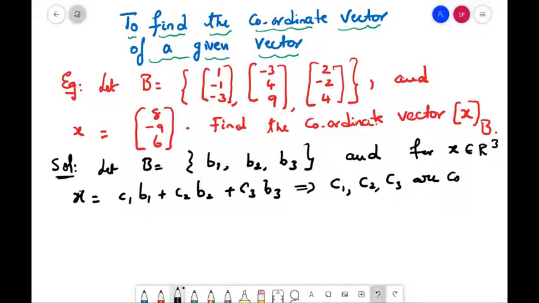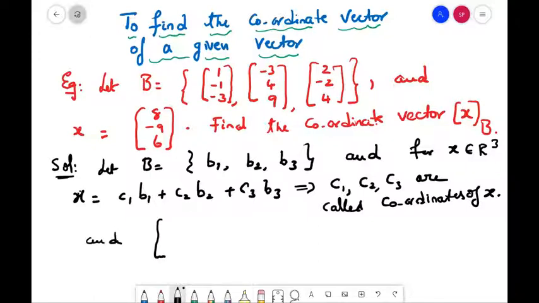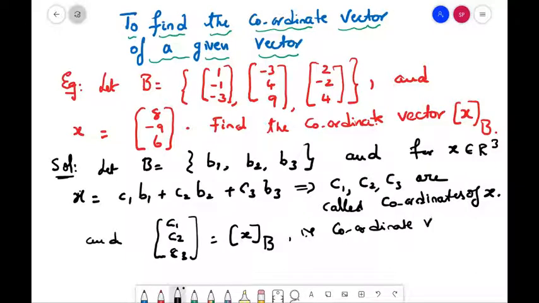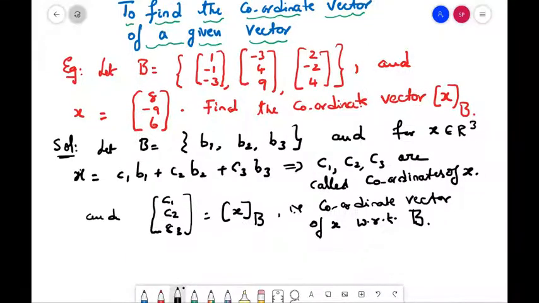called the coordinates of X, and this vector C1, C2, C3 is called the coordinate vector of X with respect to the basis B. This is what we mean by it. So now we have here